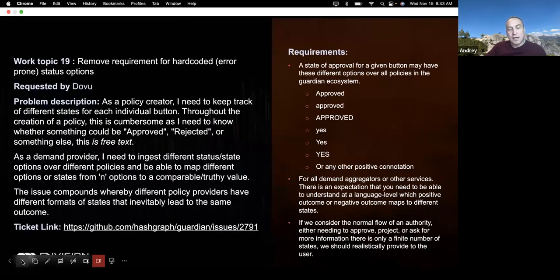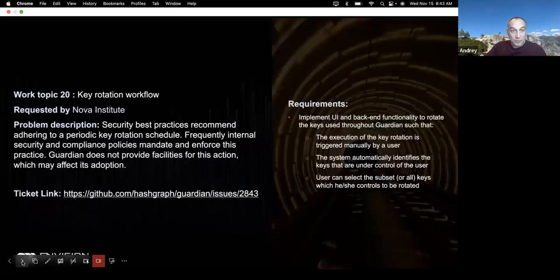This is maybe a smaller item, but still a significant item, because it is an improvement for the policy authoring tool. So it's just making sure that we use, throughout the user interface, concepts that are unified across and optimized for human interaction. And at the moment it's not like that everywhere. So that's the ticket. It came from the community, from Dovu in particular. Thank you, Matt.